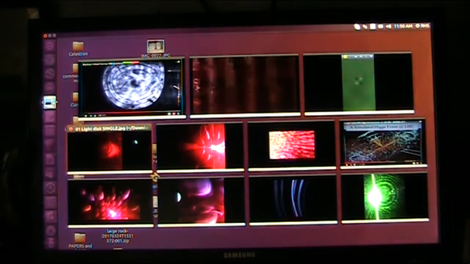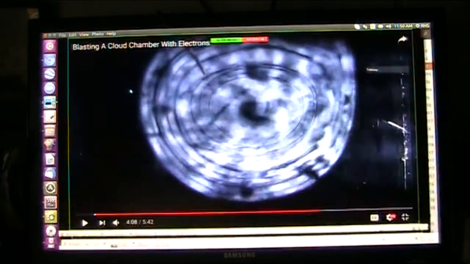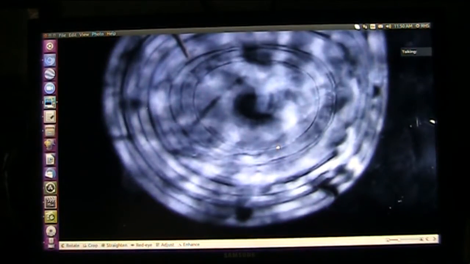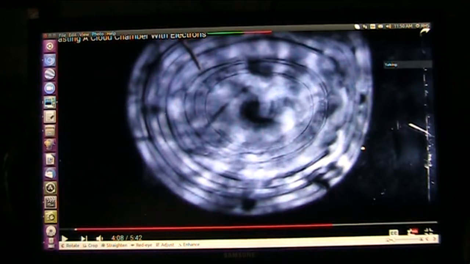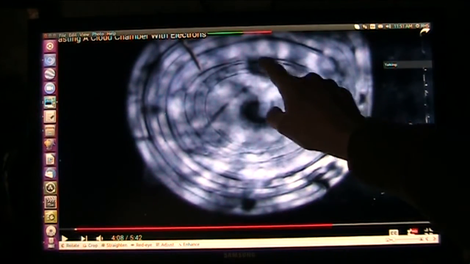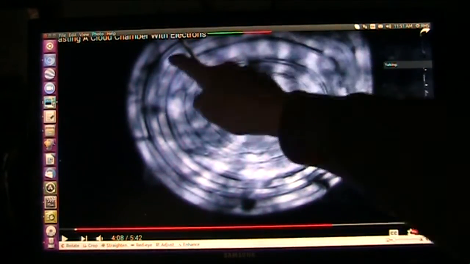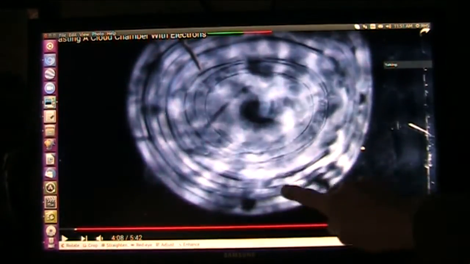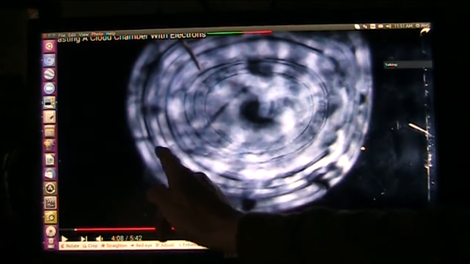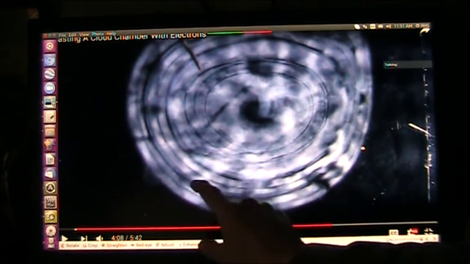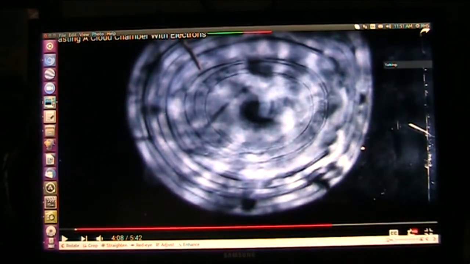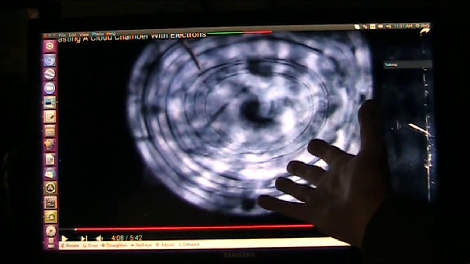Okay, now what do we got here? This is a cloud chamber experiment. Now, what they did, and of course I didn't do this, but I follow all these things, but I'm seeing something here that absolutely blew my mind. If you follow this thing around, there's a track in here with a track in the center of it. There's like a field separation and a track in the center. Now, what are we seeing in this field? Well, how did they get this?